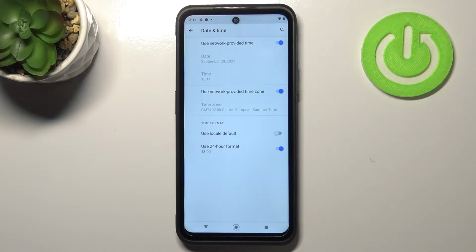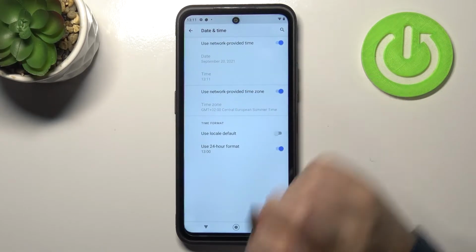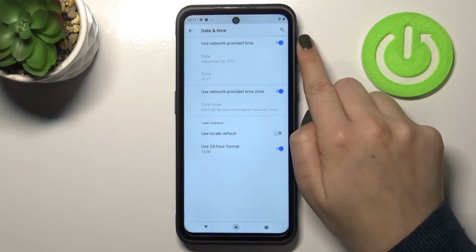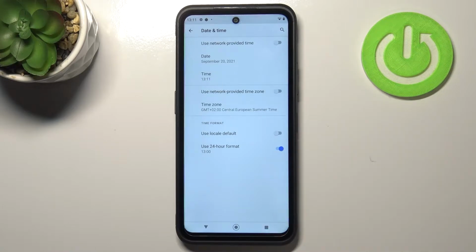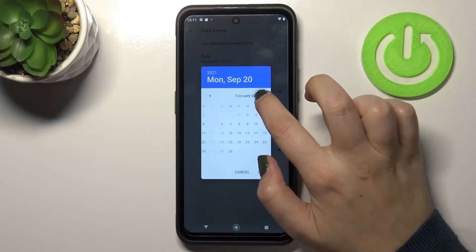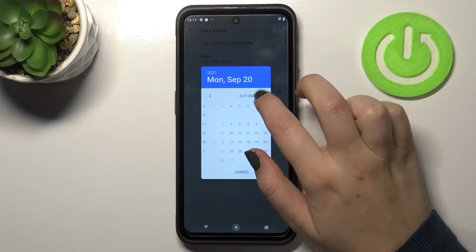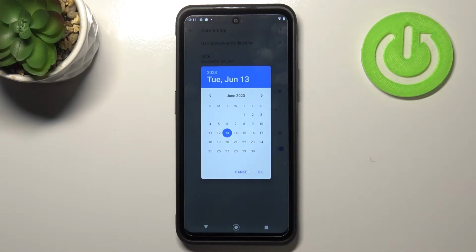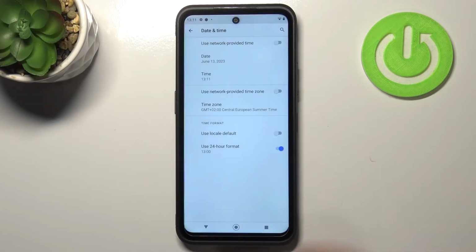and as you can see here we've got the options which are connected to the date and time, and they are inactive. So we have to turn off the network provided time and time zone just by tapping on those switchers, and all of those options are active right now, so we can simply tap on it. And in order to pick the date, we will have to find it in this calendar, so let me do it and tap on the date you would like to set,